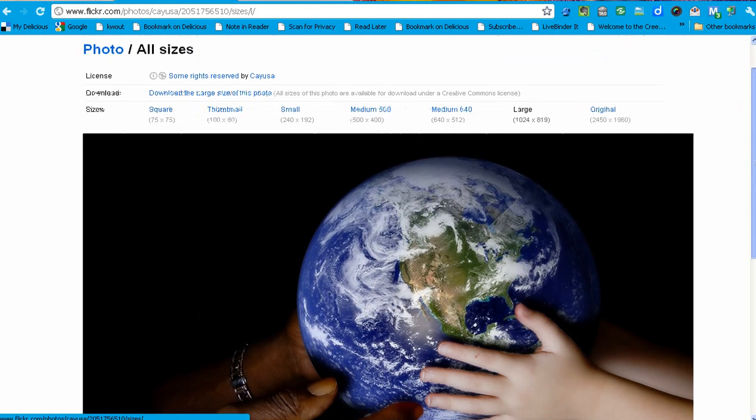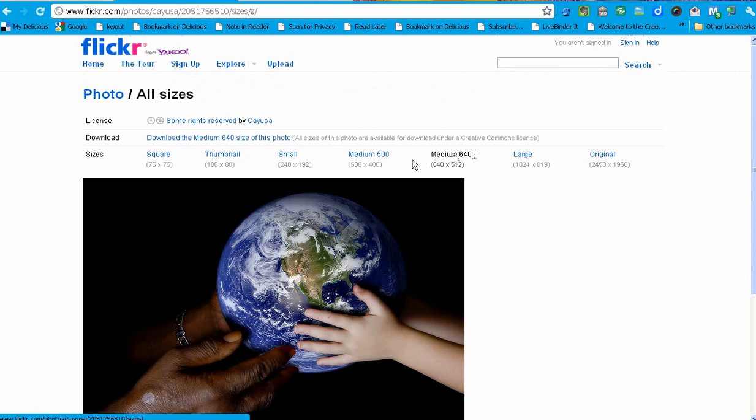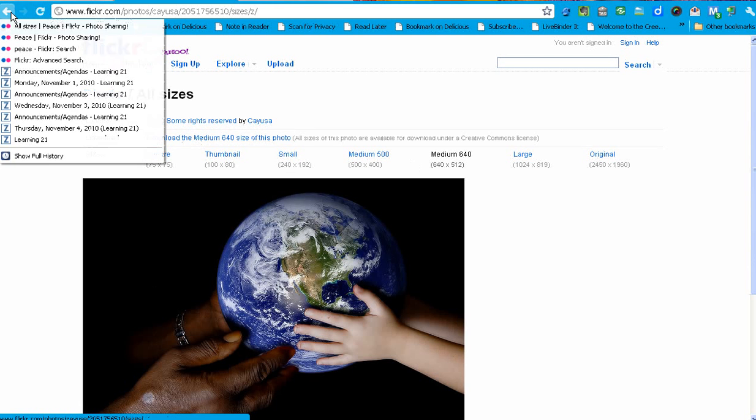Once you have determined that yes, this is an appropriate photo to use, you can then go and select the size photo that you want. I'm going to get the medium 640, and then you simply click on download and then save the photo to the appropriate location. Now, if that seems a little bit confusing trying to interpret these licenses and trying to decide, do I use it, do I not, to be in compliance with the project guidelines, then we can simply go